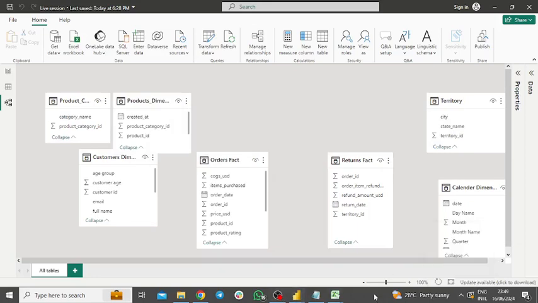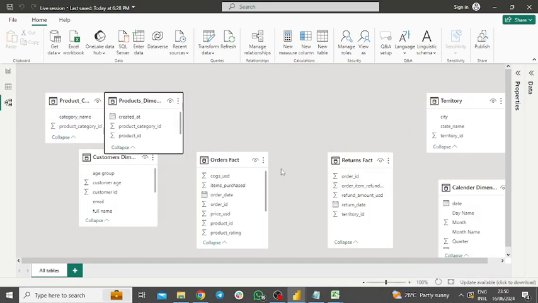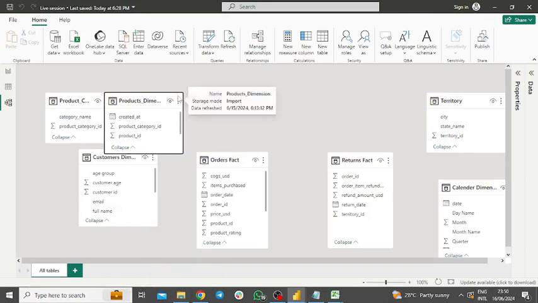So we have returned facts, right? Very important. And there's something I want to also show you guys. I want to tell you guys, don't ever connect two fact tables. Please don't do it. Always connect your dimension to fact. Don't connect two fact tables. So I'm going to basically